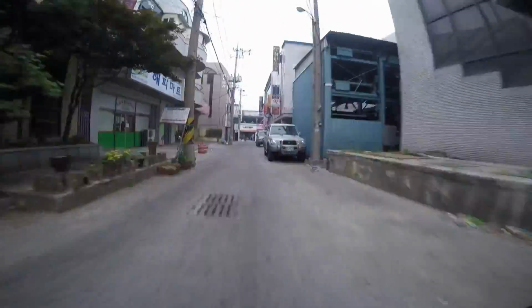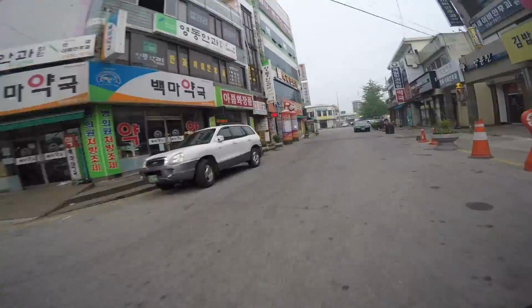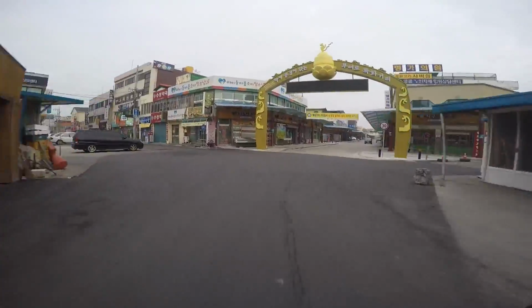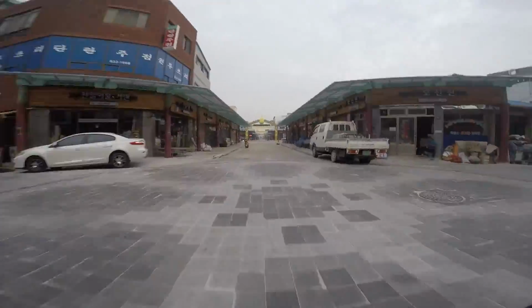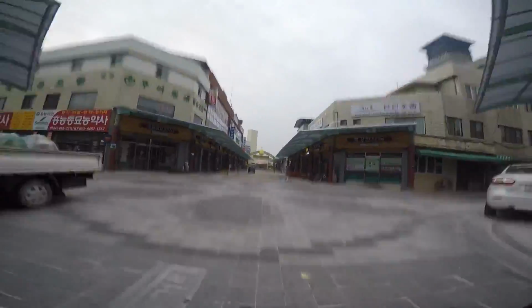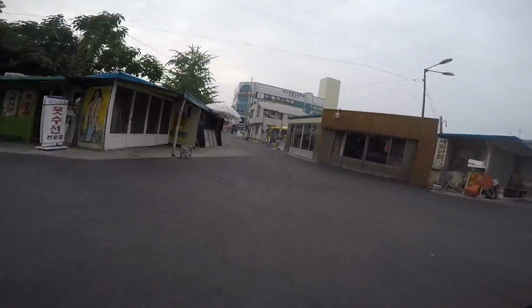And it's very early morning, so there's not too much going on in town, which is kind of nice because this gets very, very busy and congested. And then crossing that is the express bus terminal and all the buses in the back. And this is a nice new stretch that they've recently renovated and added these beautiful arches. And all along here, new brickwork on the ground and renovated shops. And then back through,